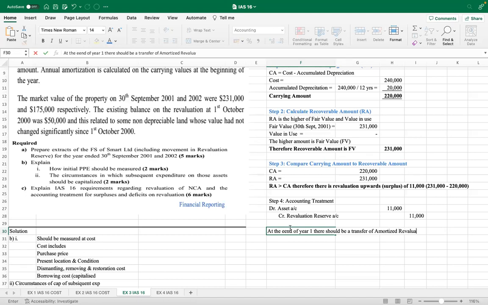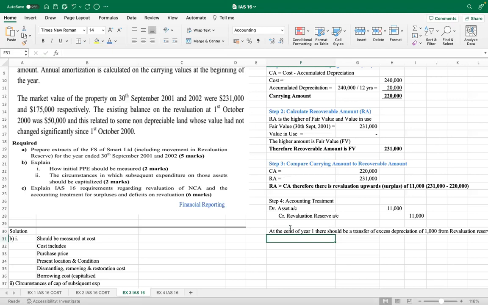There should be a transfer of excess depreciation of 1,000. I'll explain how I got 1,000, from revaluation reserve to retained earnings. I will explain. So we said you take the revaluation,